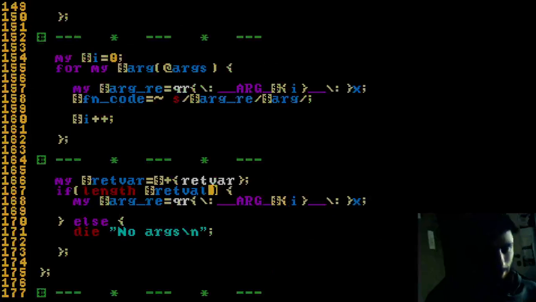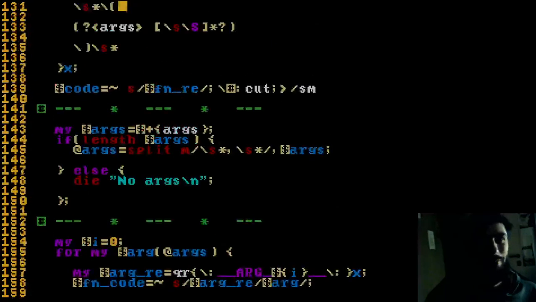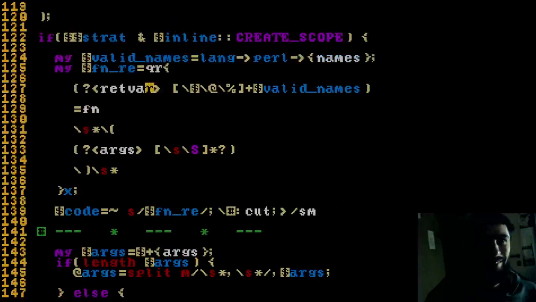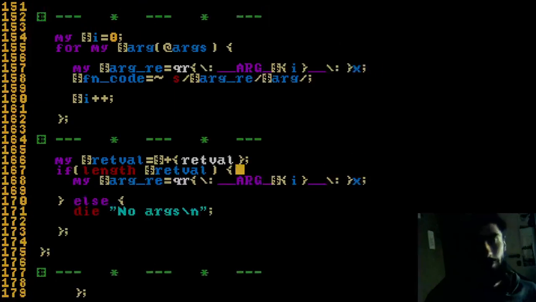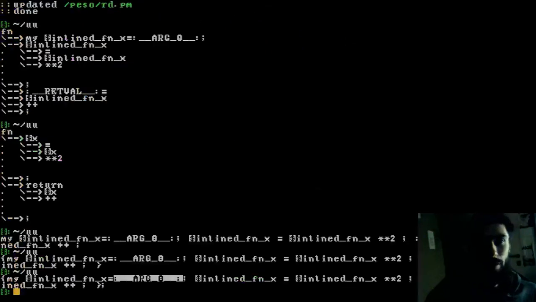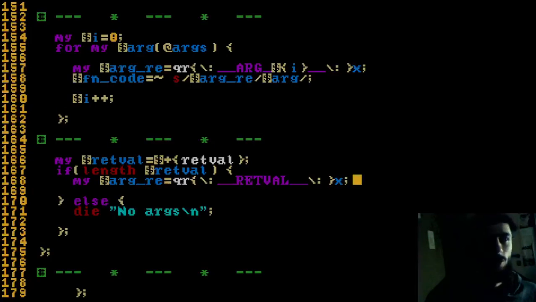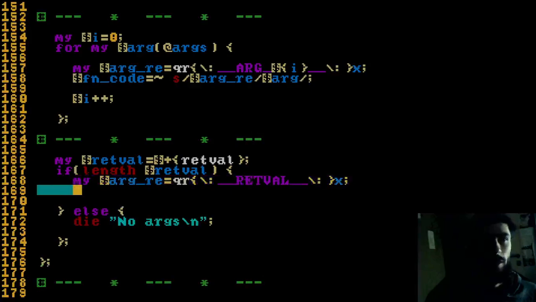Okay, so let's actually try and be consistent here. Why not? Okay. So we need the name of the return value, right? So it should be return variable, but what are you gonna do? Anyhow, so red vol, and there it is. And so we just take this and now replace in the code